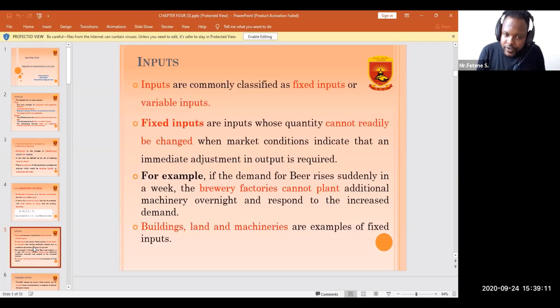Look, fixed inputs are inputs whose quantities cannot be readily changed when market conditions indicate that an immediate adjustment in output is required. Fixed inputs are not something we can change overnight, even when the market requires it. For example, if the demand for beer rises suddenly in a week,